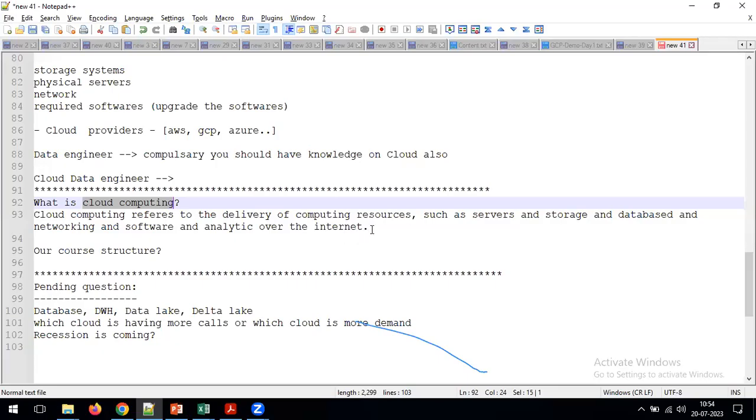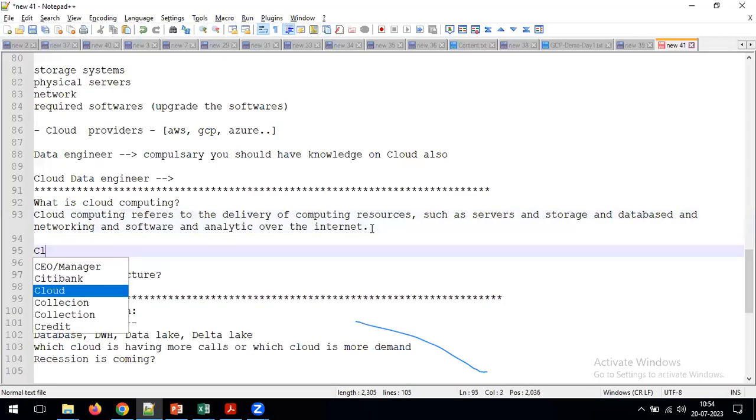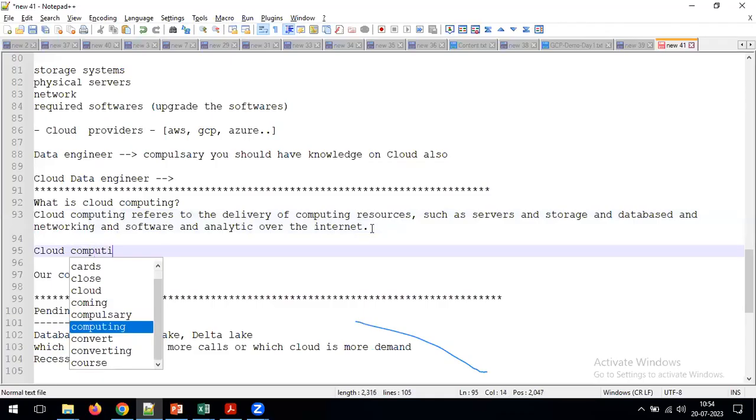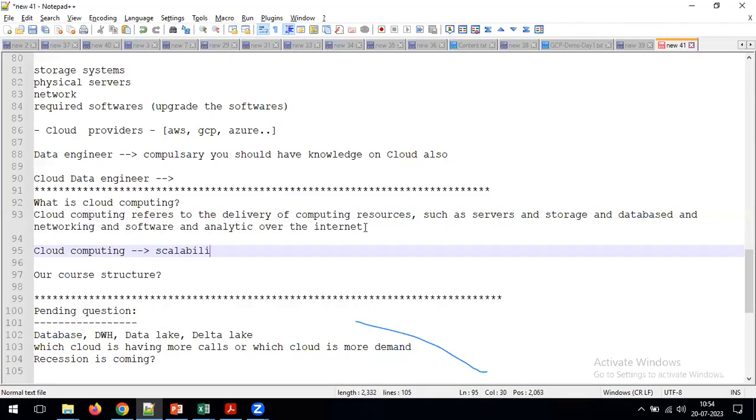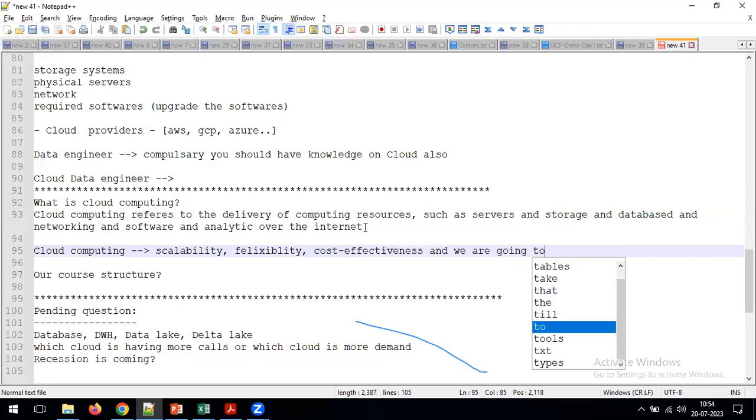And one more important thing we need to understand: as part of cloud computing, we automatically get scalability, flexibility, and cost effectiveness, and we pay for what we use. So these are some advantages or basic features of cloud computing and cloud providers.